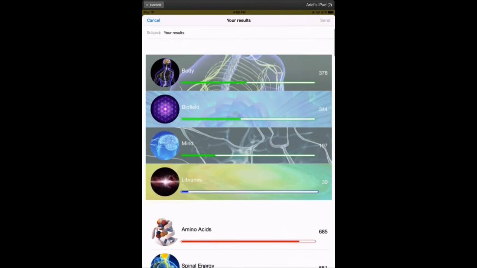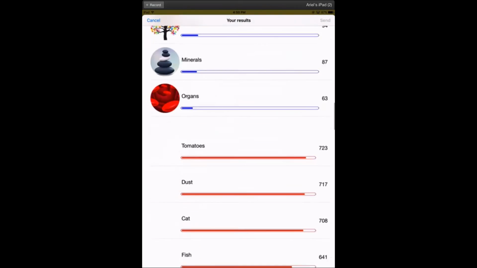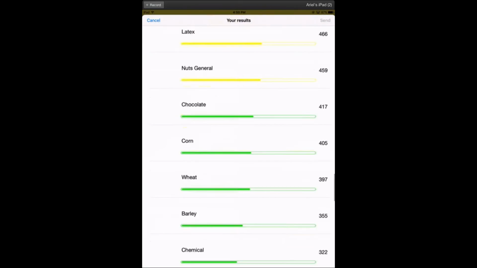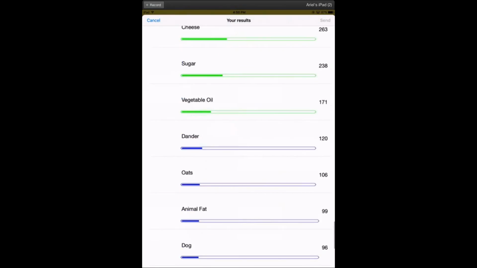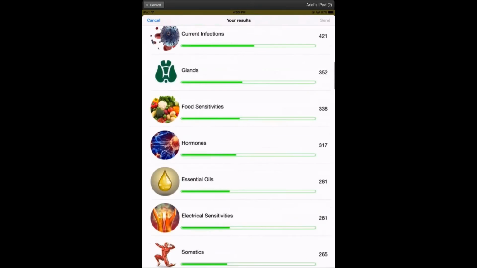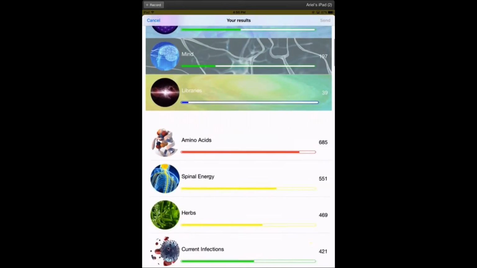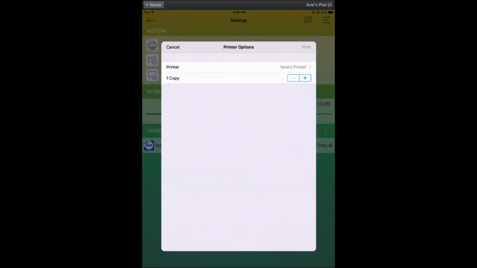All right, so we've got the body and the mind. Then it shows us the second scan, and then it shows us the third scan. So it sort of selectively takes all the scans without us deciding which one we want. So there's that. But it does send everything though, Susan. So I don't know, is that not what you're finding? Let me know if that's not what you're finding. It does look pretty complete.